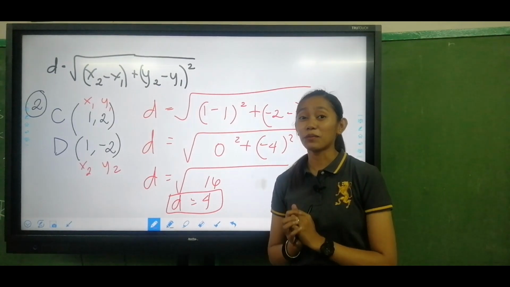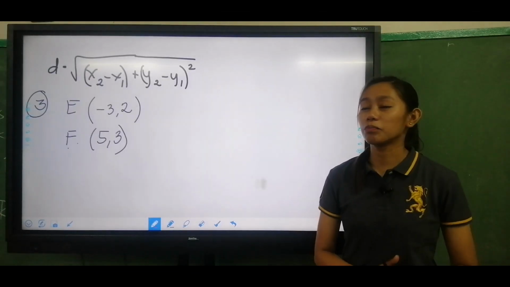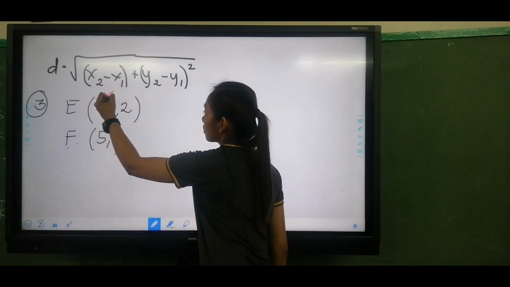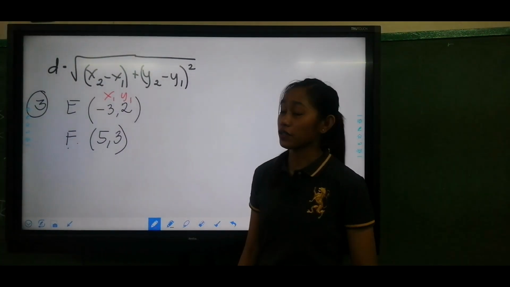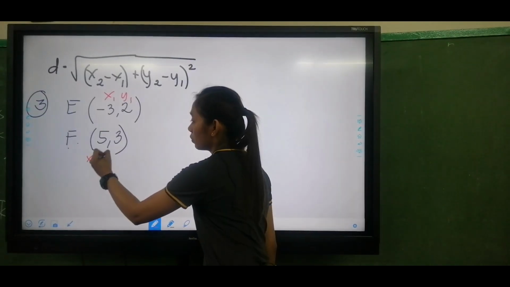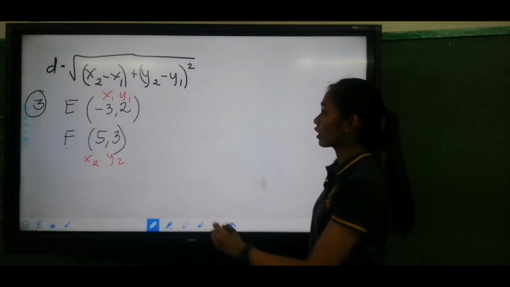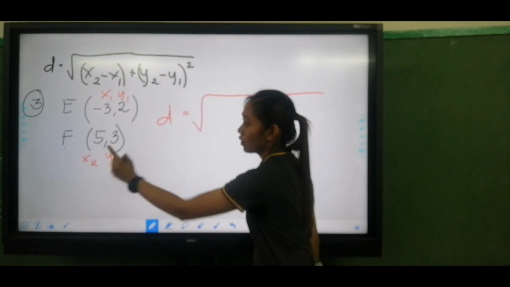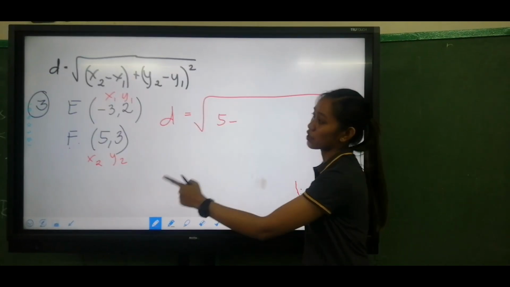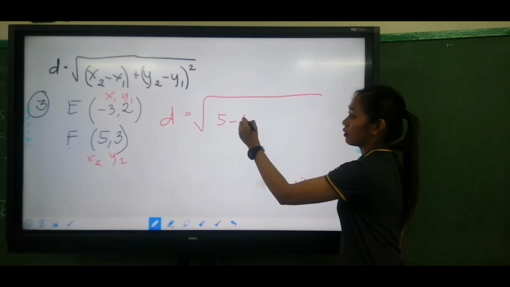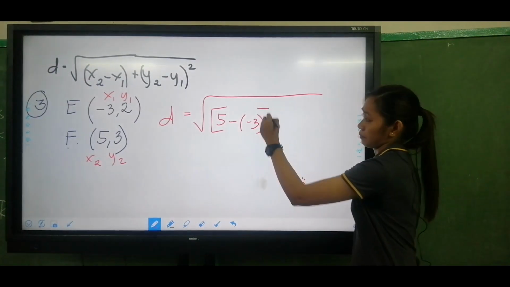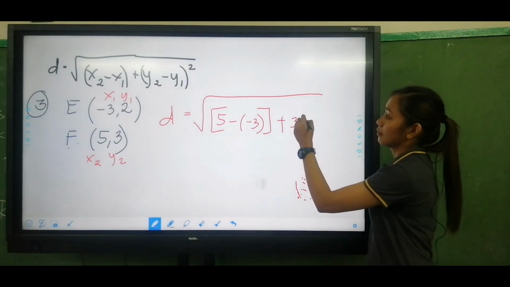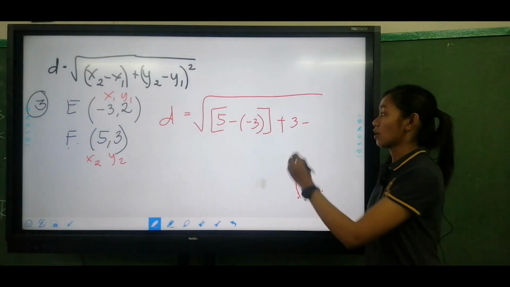Next, let's have example number 3. Find the distance between point E and point F. Point E is our first point. So, again, this will be your x sub 1, then y sub 1. Your F is your second point. So, this is your x sub 2, y sub 2. Substitute again to the formula. D is equal to square root of x sub 2 is 5 minus your x sub 1 is negative 3 plus your y sub 2 is 3 minus your y sub 1 is 2